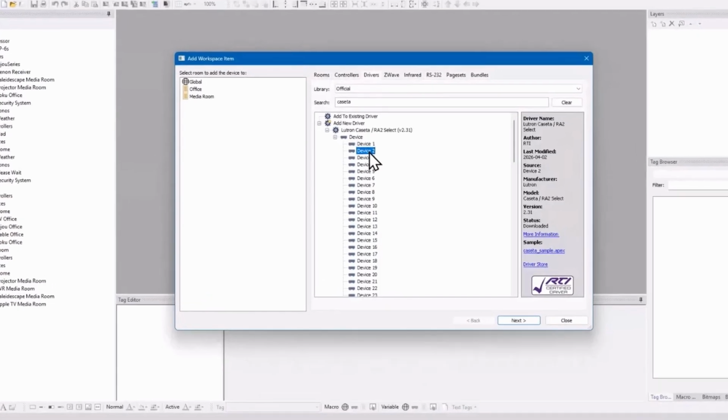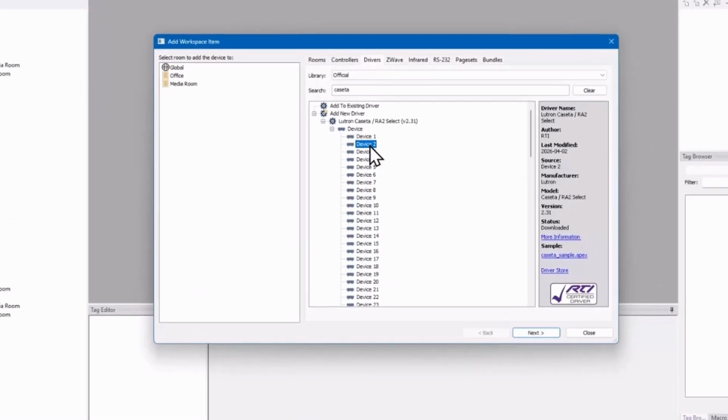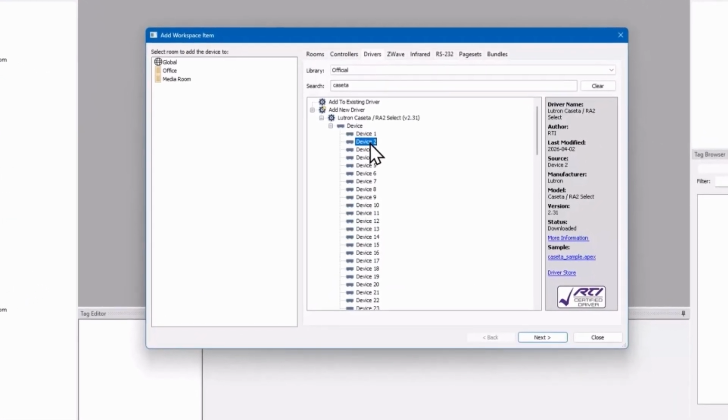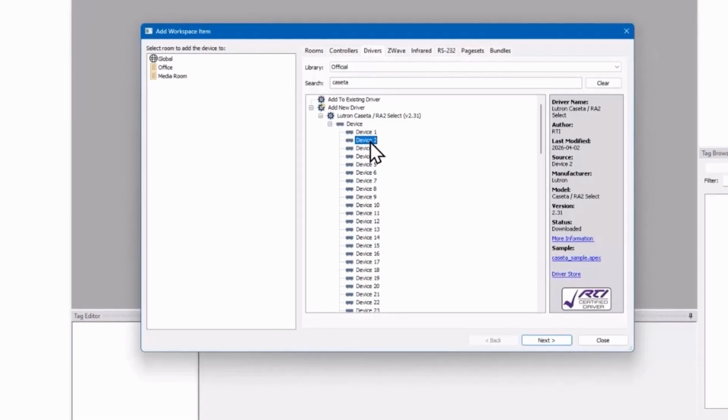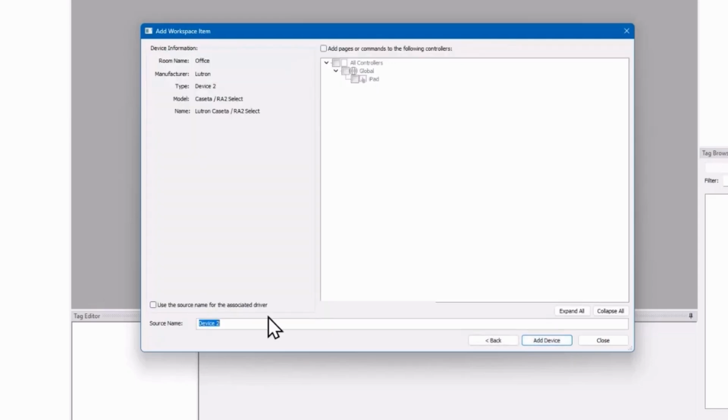Now, where do you put the devices? A lot of people think you have to put all of your dimmers or devices and switches into the global area. That's simply not true. It really doesn't matter where you put it. If you want to put it in global, that's fine, but I prefer putting it in the individual room. So device 2 is our Office Pico. So let's select the office, click Next, and we're going to name this Office, well, we'll just call it Pico